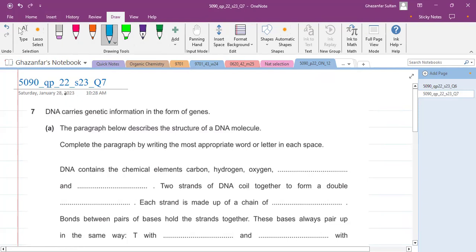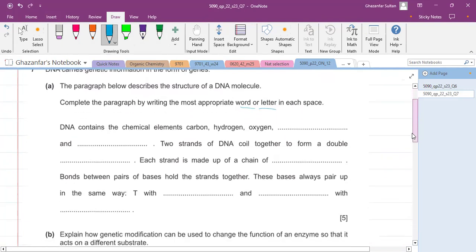This is question number 7 from the same paper, May June 23, paper 22. DNA carries genetic information in the form of genes. The paragraph below describes the structure of DNA molecule. Complete the paragraph by writing the most appropriate word or letter